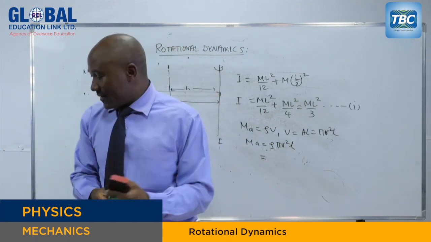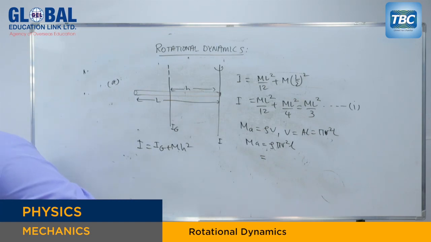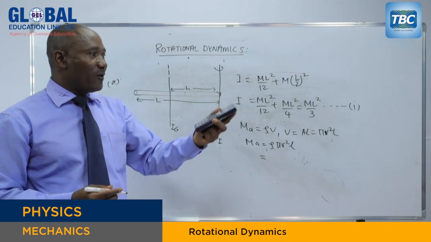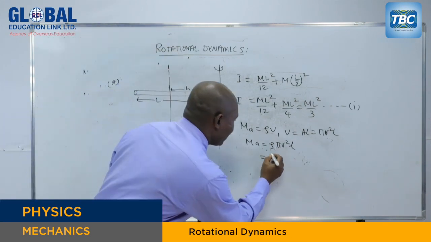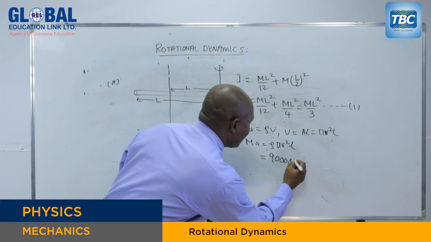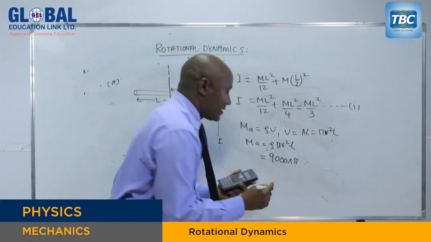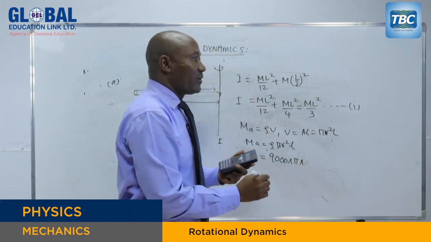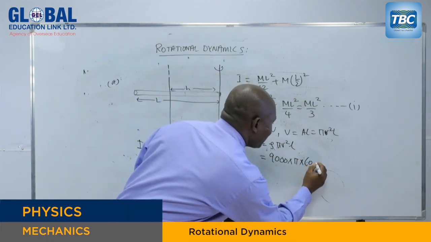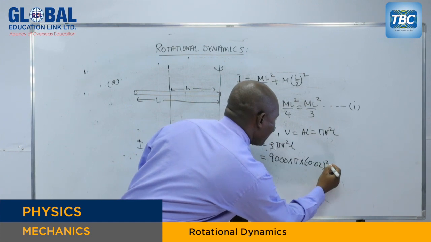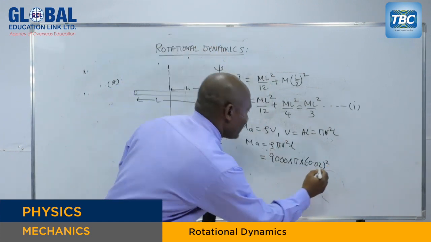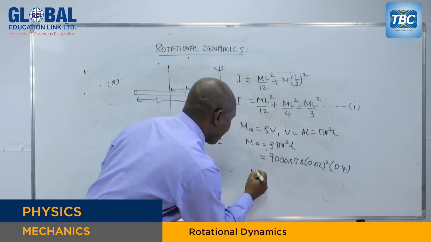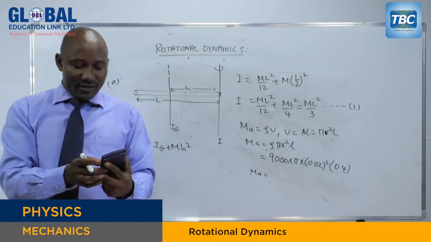And the density is given, so make sure that you have your calculator. I have mine. The density of that load is given as 9,000 times pi, which is found in your calculator, times the radius, which is 2 converted into meter, 0.2 squared, and the length 0.4. Compute that, you get something like